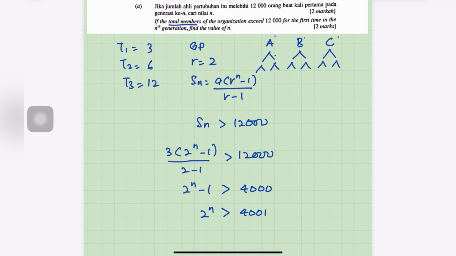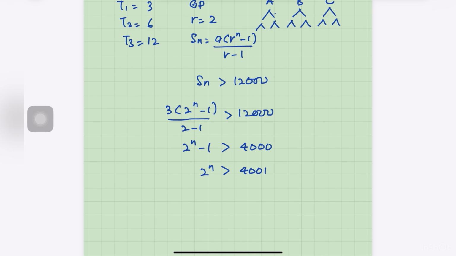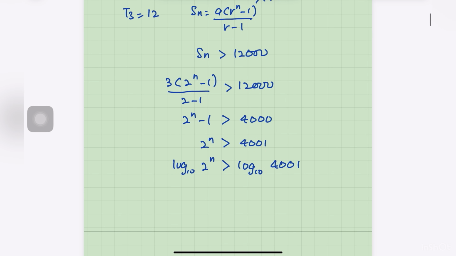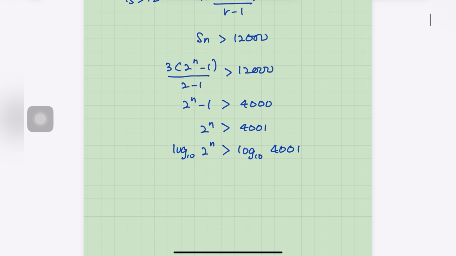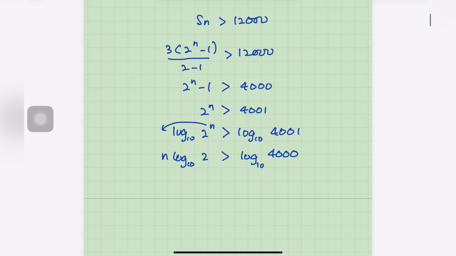Okay, so to find n, we take the log of both sides with log base 10. So here log base 10 of 2 power of n is more than log base 10 of 4001. Okay, so by using laws of logarithm, we can move n in front, and log 2 base 10. This one, log 4001 base 10. Okay, so the rest we do the calculation as usual. So n is more than log 4001 divided by log 2. Okay, all base 10. Okay, so we get